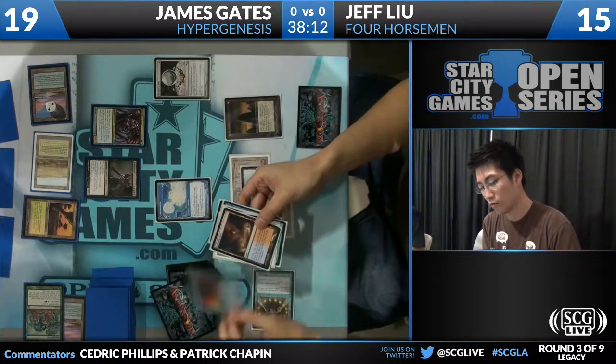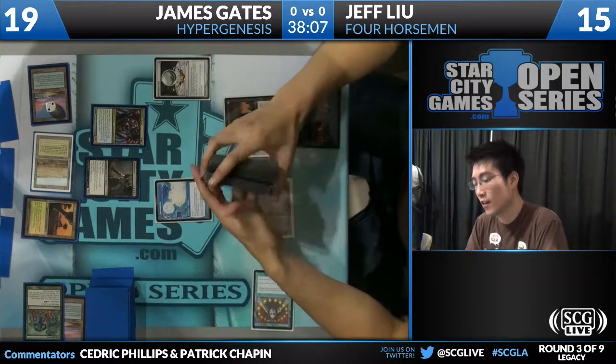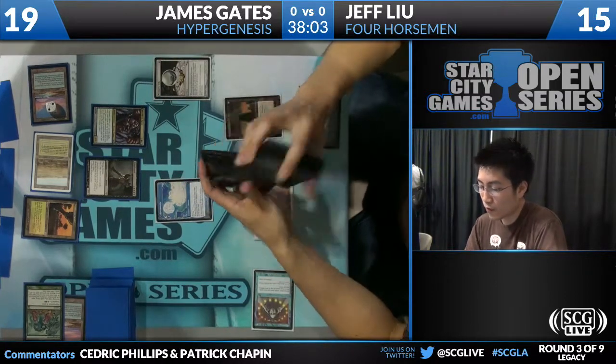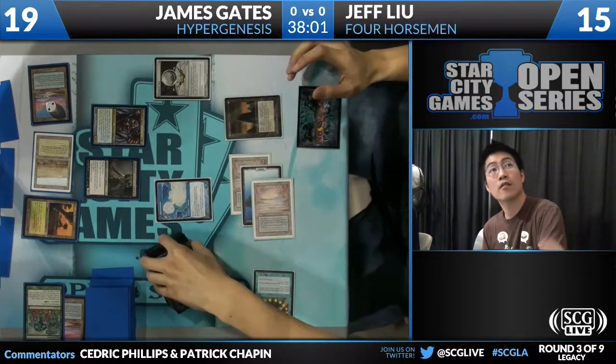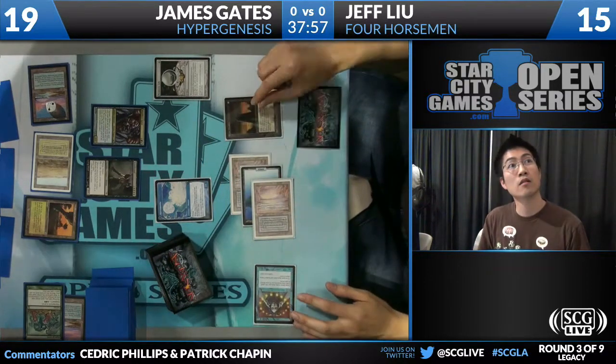Okay. So this could be an issue, actually. It's not a lock that he goes off right now. It is certainly not a lock. I mean, he's going off, but it's not a lock he won't fizzle, and it's not a lock that Gates actually draws a Force of Will off the Griselbrand. He's going to get 2 activations off Griselbrand, so he's going to get to see 14 cards. Which is nice, but...